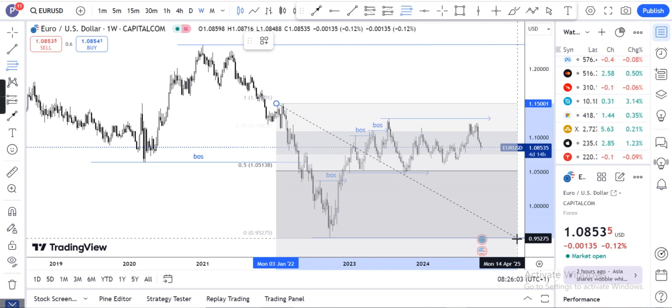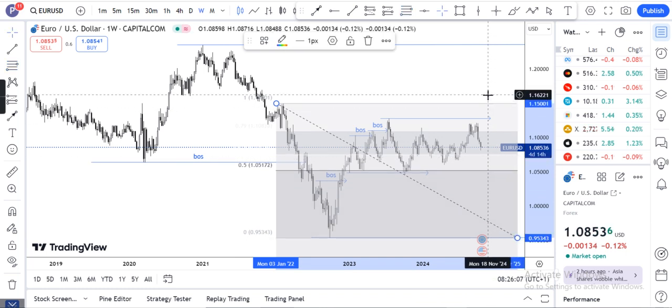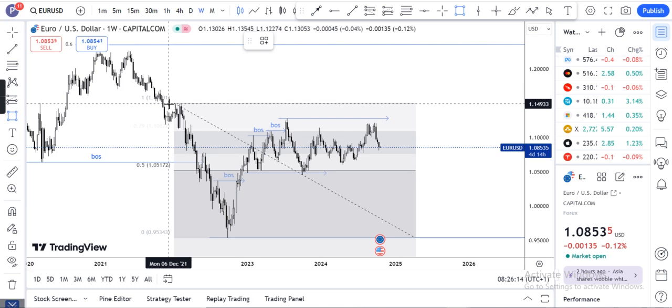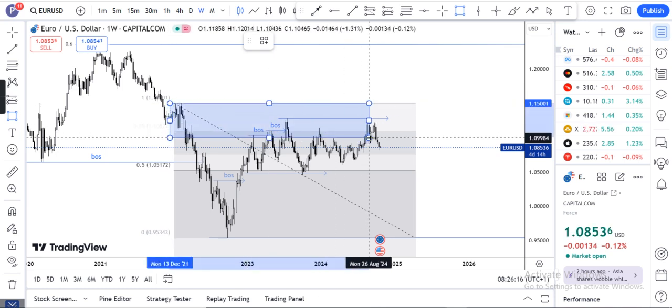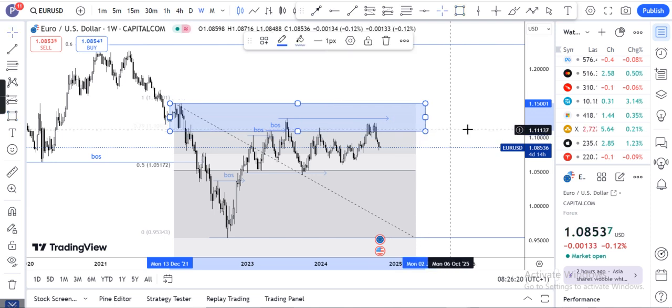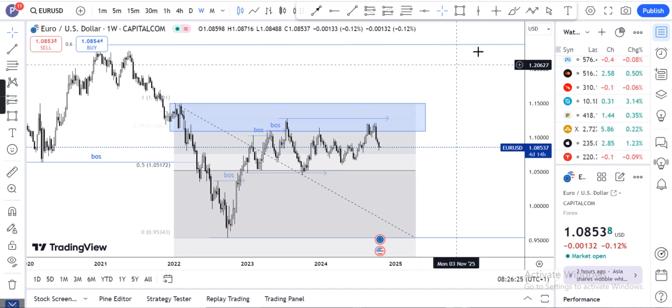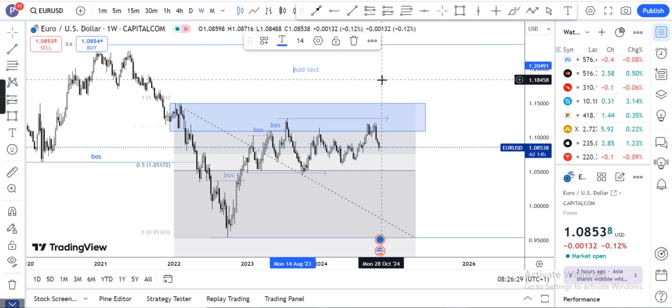So that now helps us with the general bias of this market. Now, what do we do with that? That information helps us to pick out our order block on the weekly time frame. What we are doing now is what we call our top-down analysis. You understand? So we are basically doing our top-down analysis. So if I should come here, I would simply put it at a capital letter, then I would simply say top